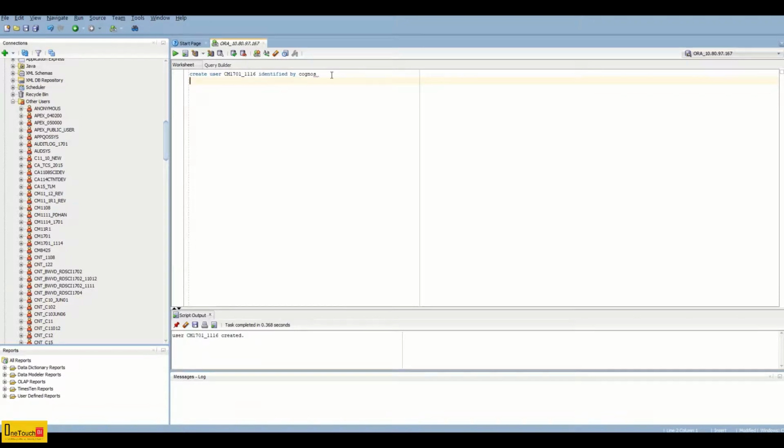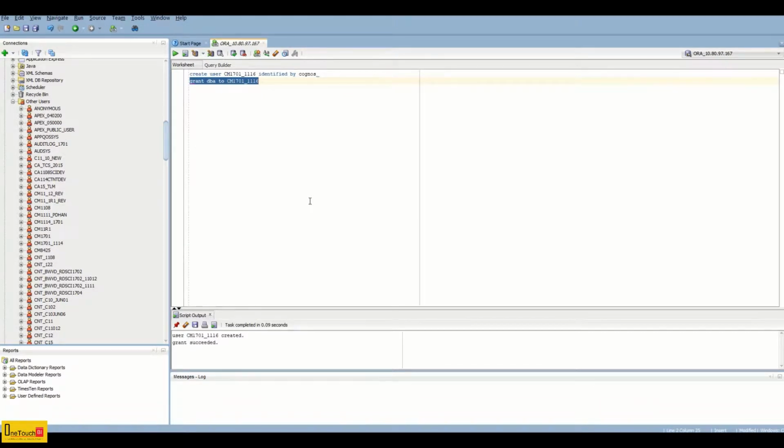When you start the Cognos configuration, obviously Cognos will go back to the database you created, CM17011116. It will connect to the DB and create all the prerequisite metadata tables. It will be around 100 plus tables. It will create them at runtime. So we have executed the grant DBA privilege for performing that operation and it succeeded.